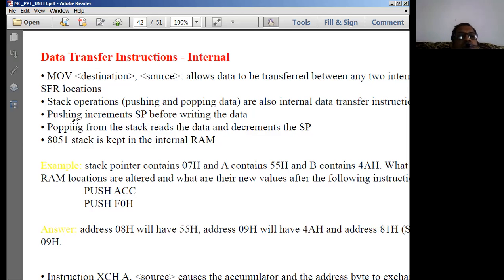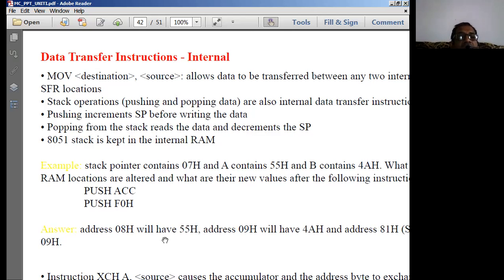So if the stack pointer has the address 07H and A contains 57H, pushing first increments the stack pointer by 1. That means it becomes 08H.